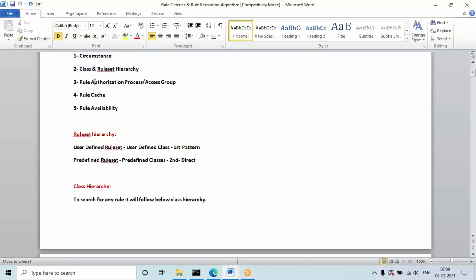And the other one is the rule authorization process. When you add any rule in the application, or access any rule in the application, it identifies whether it is from your implementation application or not. If a rule is defined in some other implementation application, you cannot use the same rule in your application. Suppose the rule is defined under some Int class under implementation 2, you cannot access that rule in implementation 1. So based on the access group only, we can identify and access the rules in our application.